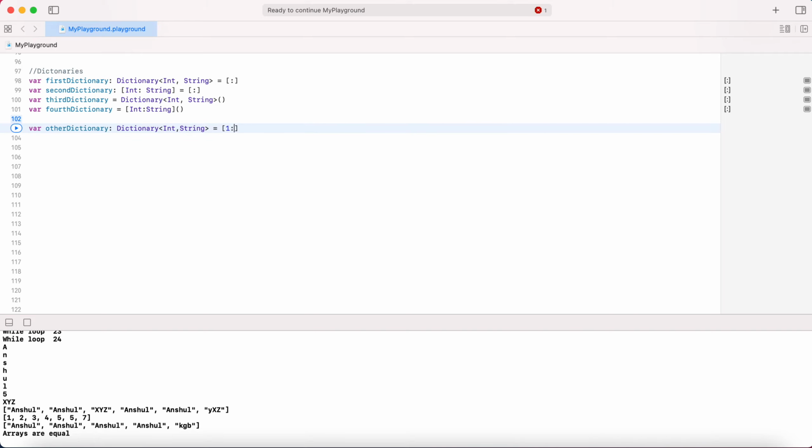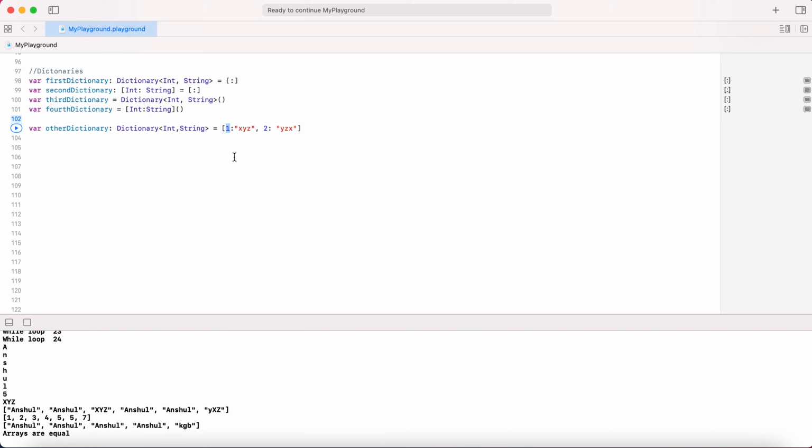I'm going to create or add values so that I can show you how to initialize this dictionary variable. My key is 1 and value is xyz. Key is 2, value is yzx. So this way you can declare or initialize the dictionary.